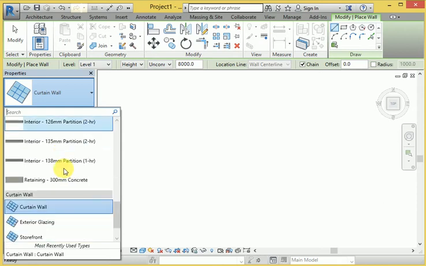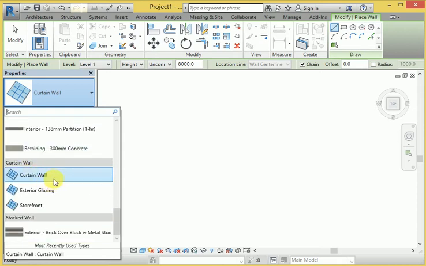Then there is also the curtain wall, generally used for glass design in the home. So there is the curtain wall, exterior glazing, stone front, and this scaled wall, stacked wall. So I get the curtain wall.